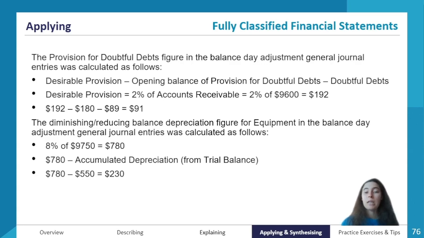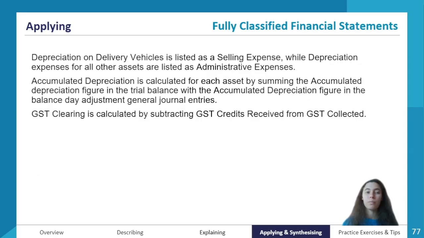So it's about finding the right amounts from the trial balance and substituting them into the formulas that you need to memorize for each of the different accounts. And so I encourage you to have a look at this information as well to show you